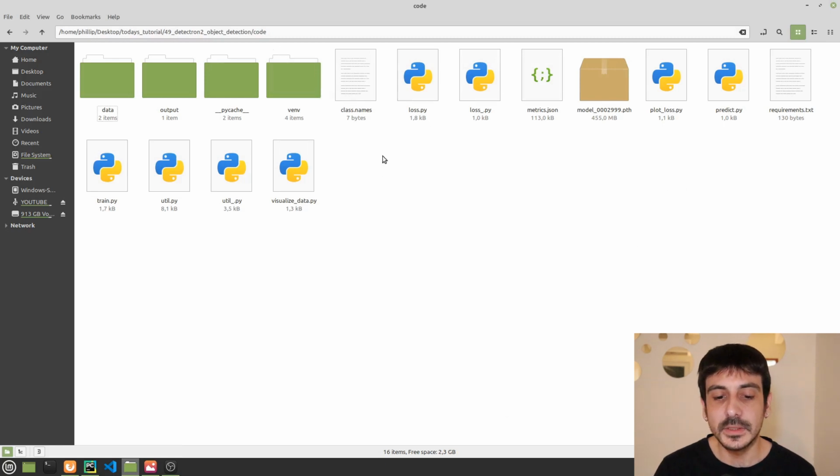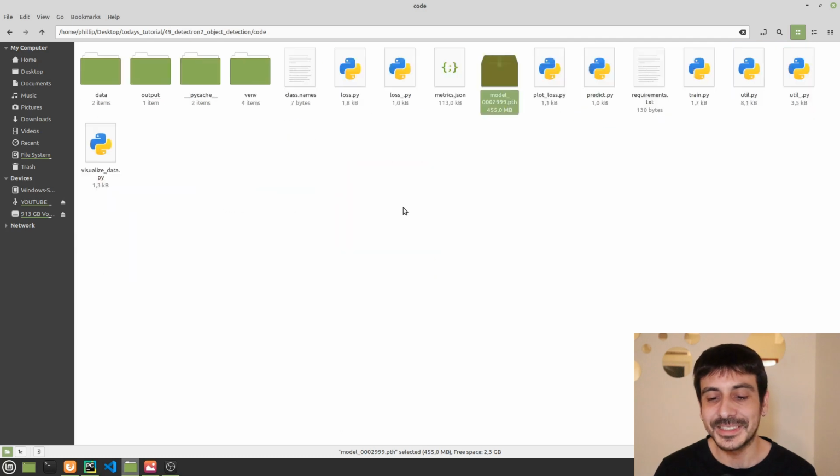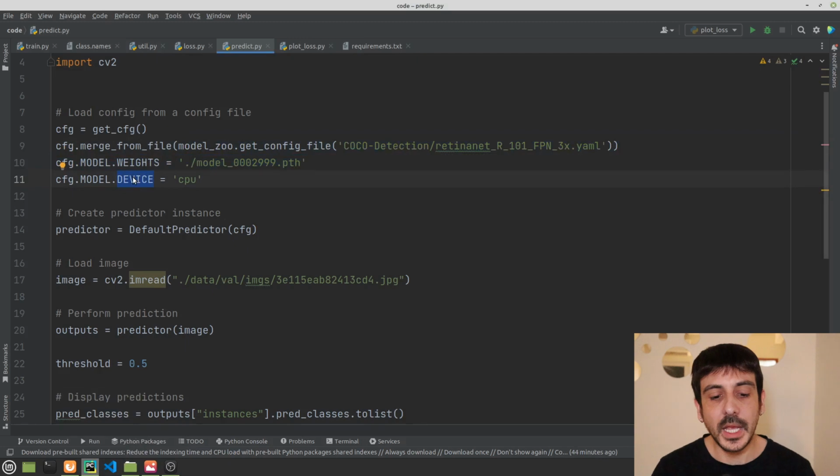You can see that this is the directory, the folder of my PyCharm project, and this is the file we are going to use: model/0002999.pth. So this is exactly the file we are going to use, and this is exactly the location of this file. Then, as I am going to make these predictions in my local CPU, I am setting device to CPU.